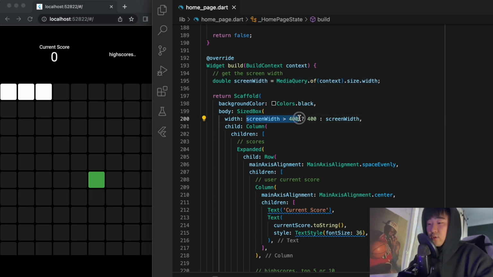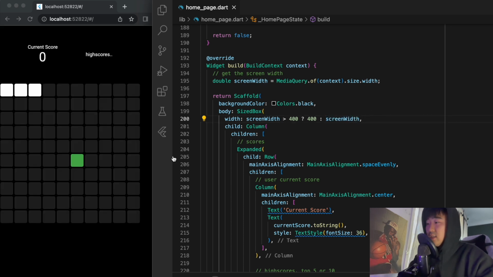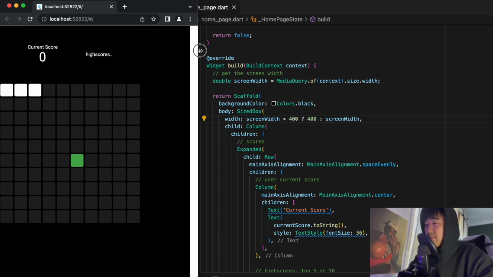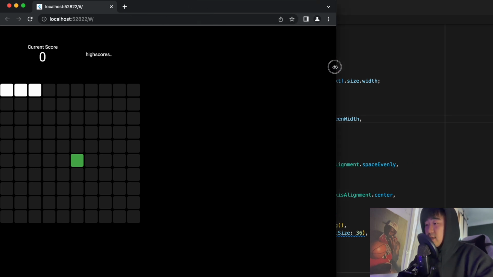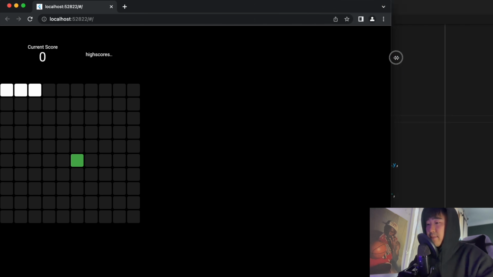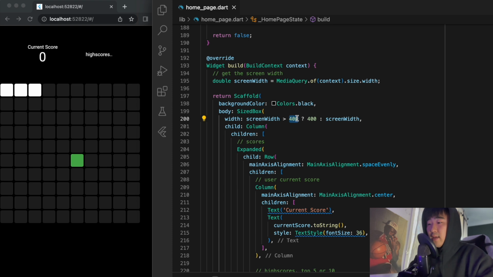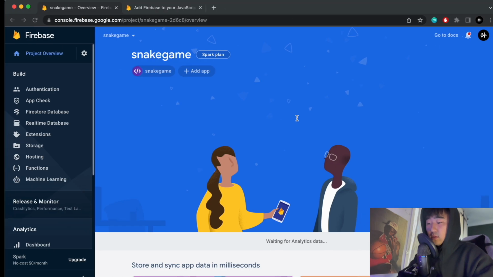If it's greater than 400 pixels, then restrict it to be 400. If it's not greater than 400 pixels, just take the screen width of the current device. So if I just show you, you can see here the screen width is already bigger, so it doesn't affect the actual game. Okay, so this number, by the way, if I just show you,